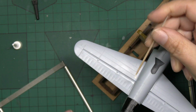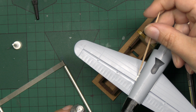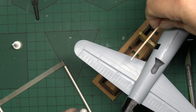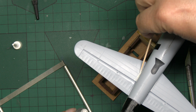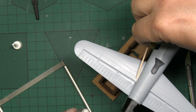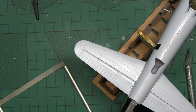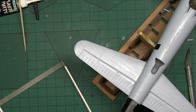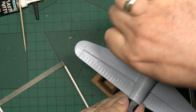Okay, so we've got a tiny little joint gap there that we need to just fill. So I'm just going to use some of this Vallejo putty on that. So we're just going to put it in the general area, and then we're going to go over it and push it down into the joint. There we go, and it looks really messy when you've first done it, but this is such a good putty, I promise you. So what we're going to do now is simply go in with a little bit of tissue paper and wipe the excess away,